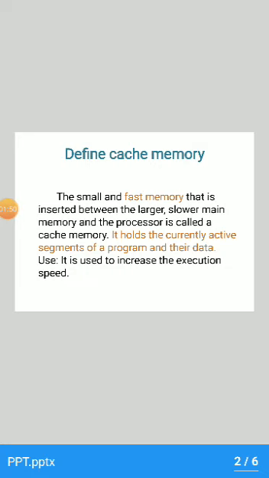The files and programs that are opened in a computer are stored in the main memory. The programs that want to be executed are sent to the cache memory. So the recently executed instructions, or the instructions that are going to be executed, are stored in the cache memory. It is used to increase the execution speed because it is placed nearest to the processor, so it increases the processing speed of the program.